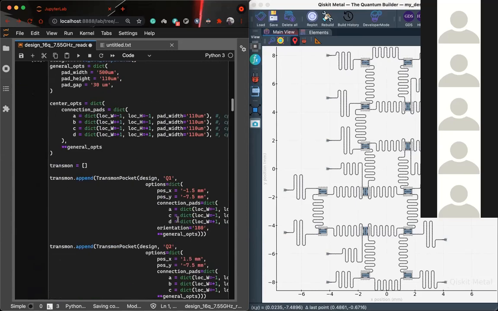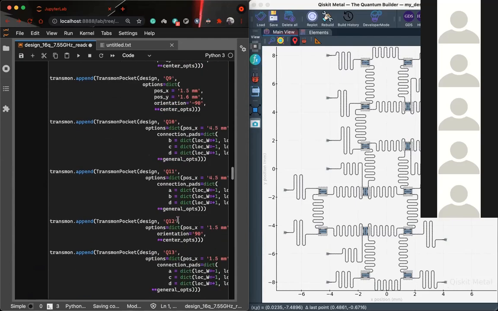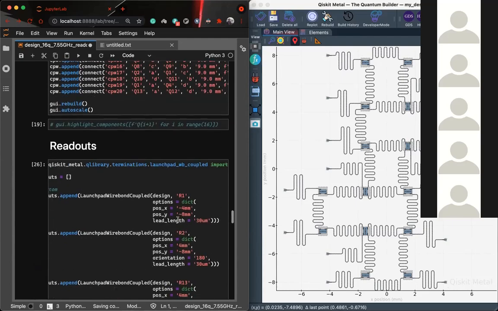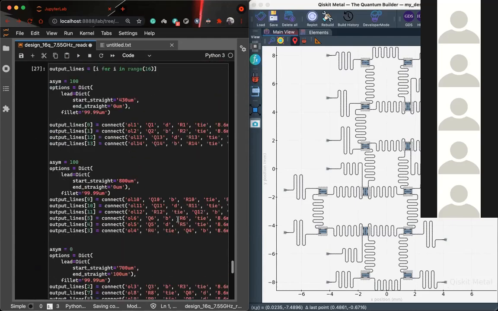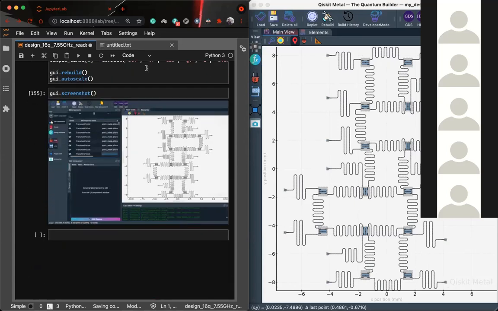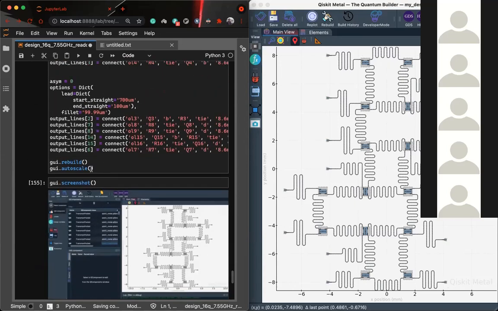So you need to ensure that the whole design fits into your chip. Okay, so that thing you need to ensure at the end. And then, this is one more good utility if you want to take a screenshot and share it. You can directly take a screenshot from the Jupyter Notebook instead of opening the GUI and then taking a screenshot in your system.